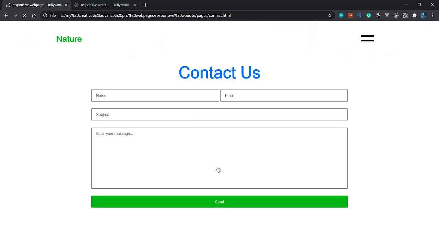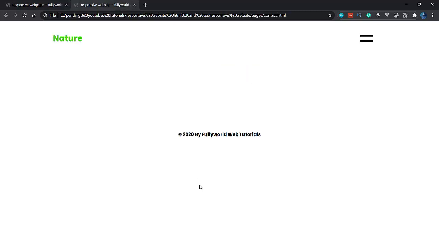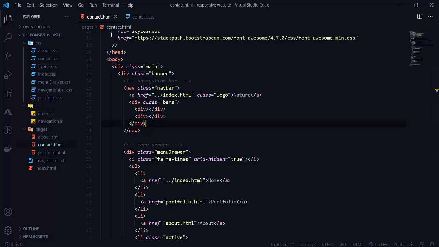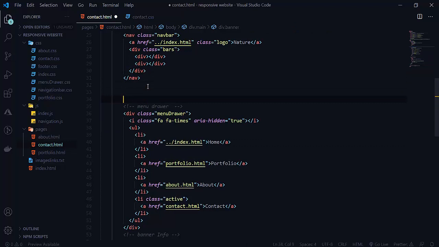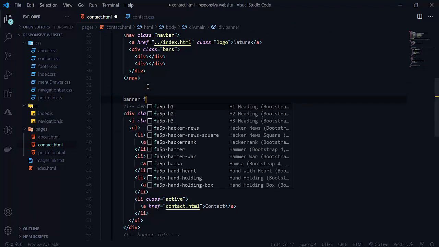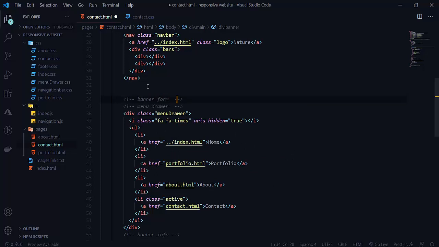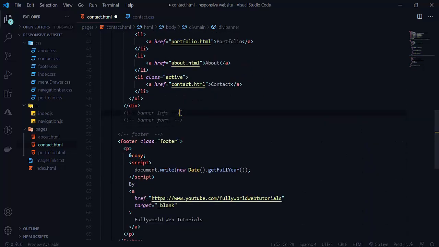Let's move further to our contact page. We will apply our contact us page here. So let's apply a form here. Here will be the banner info. We will create our banner form here, which will be below the menu drawer and above the footer.